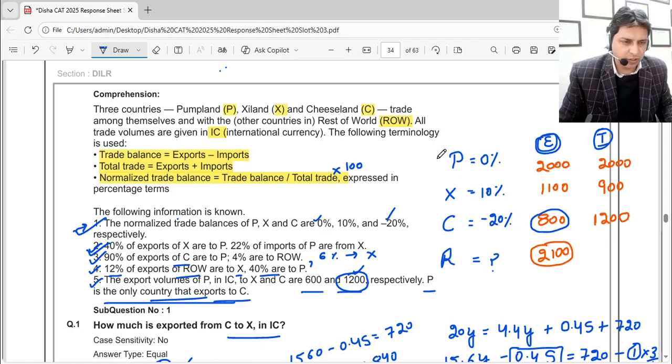So how much is P exporting to R, let's find it out first of all. Here 90% of export of C, 4% of export of C. So 4% of 800, that is 32, that is being imported to R, plus